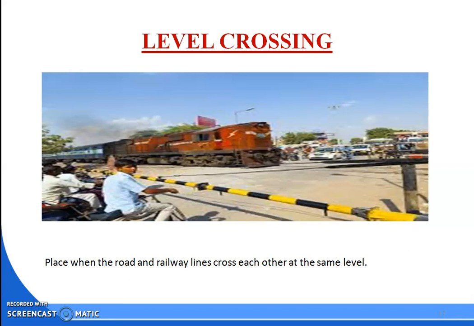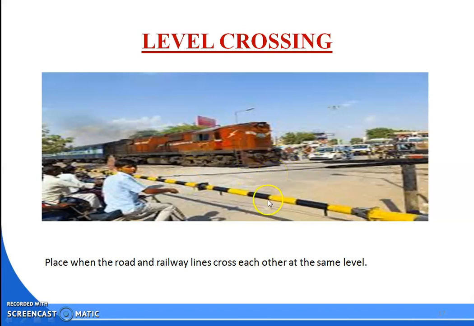Okay. So a level crossing is also called what? A grade crossing. A railway crossing is a place where a railway line and a road meet each other on the same level. Here, this is your roadway and this is your railway, where at the same level both are present and which cross each other. Railway and roadway cross each other at the same level.